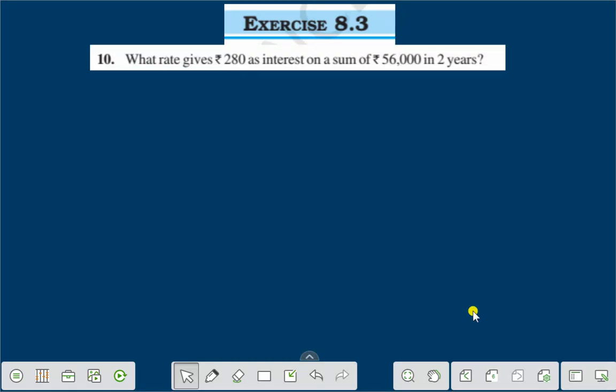Hello everyone. Today I shall discuss exercise 8.3 question number 10. What rate gives rupees 280 as interest on a sum of rupees 56,000 in 2 years? Let us find. Here it is given that